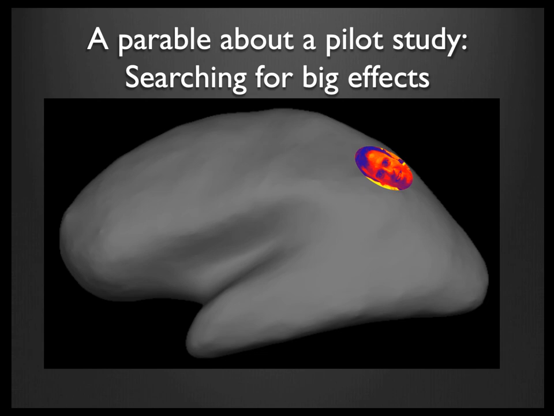Well, that's pretty unlikely. I mean, this is like p less than 0.05, right? It's only one subject, and we only got 20 runs, but it's the face of Peter Bandettini, right? It's like, what? That's crazy, right? But I can't ignore it. It's right there. It's like, well, I should try again. So you're on another subject, and there it is again. Slightly different region, but there on the brain is the fully rendered face of Peter Bandettini.